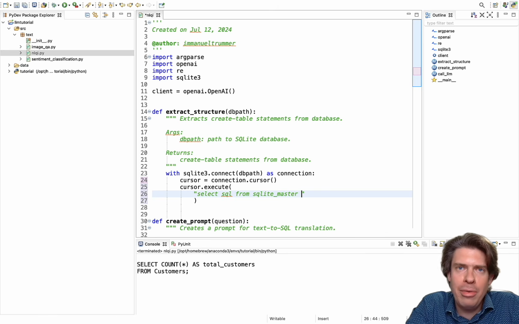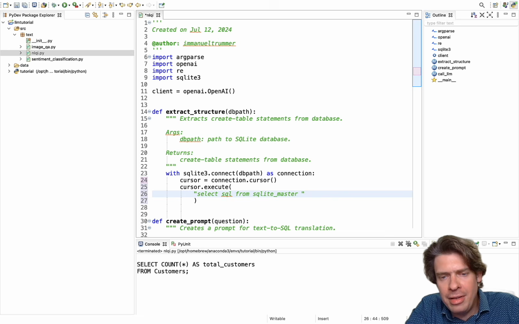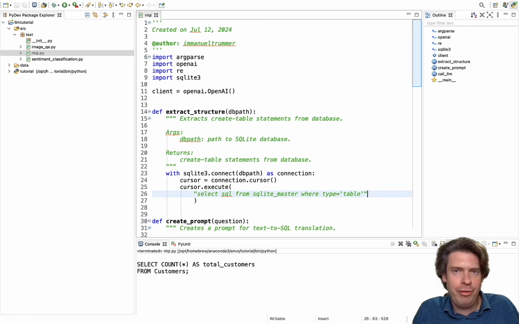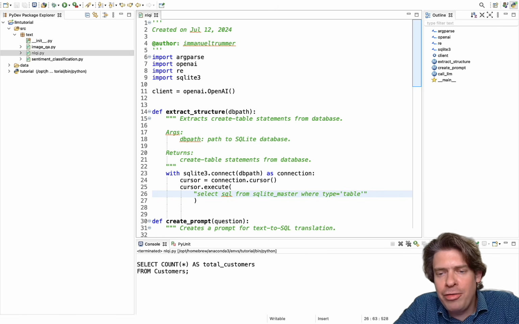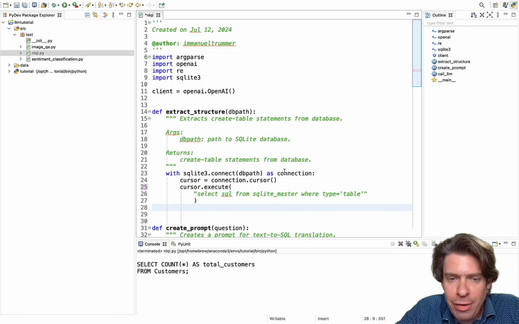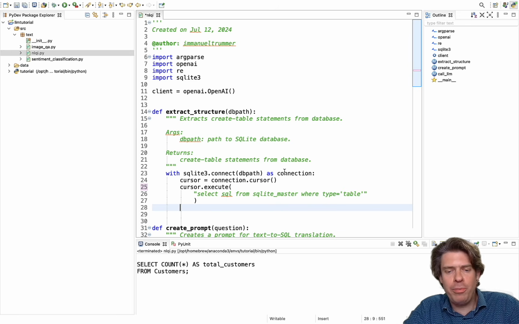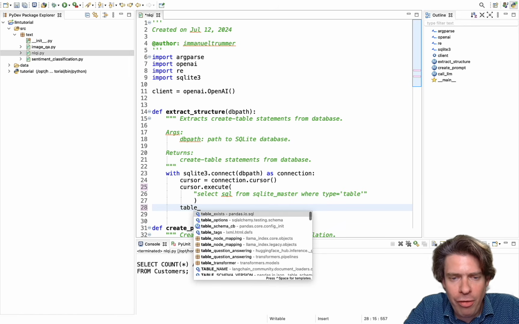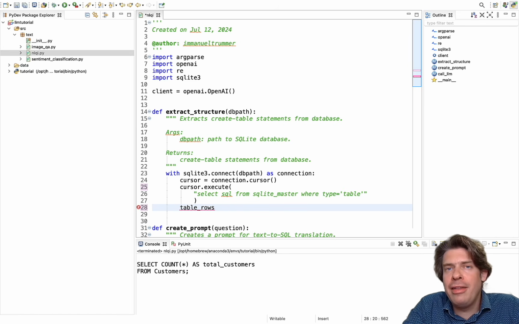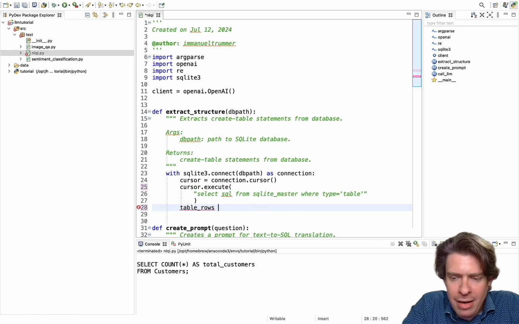That's a specialized table which contains information about the database, and specifically I'm interested in information about tables in that database. So here I'm gonna restrict my scope of the query to elements of type table. Now after executing the query, I can access the result of the query execution using the cursor object again. The rows of my query result, which also is represented as a table. So it has rows, and here we can access the rows of my query result by